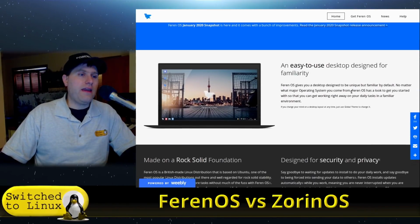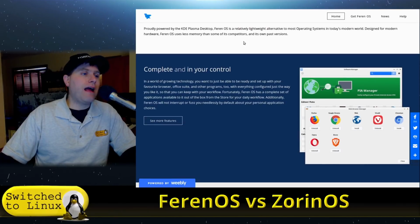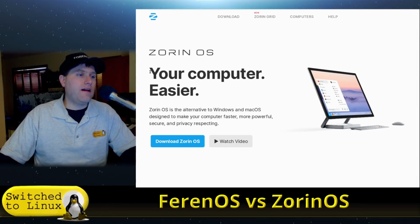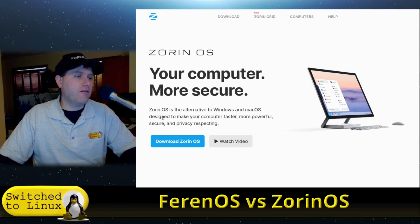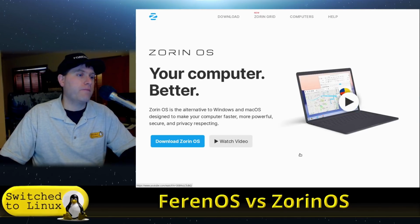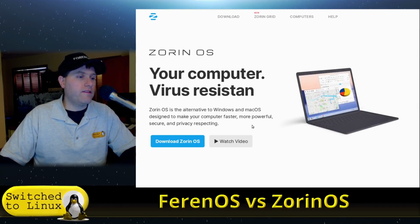So with that out of the way, it's designed to be very easy to use, very familiar, of course based on Ubuntu, designed for security and privacy. And ZorinOS basically says your computer, it's easier, it's more powerful, more secure. There's something about viruses too. More reliable. I don't know. These things keep on scrolling back and forth. Better. ZorinOS is an alternative to Windows and macOS designed to make your computer faster and more powerful, secure, and